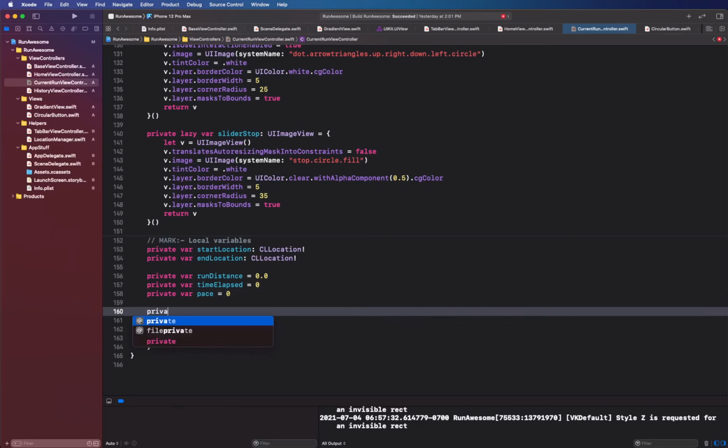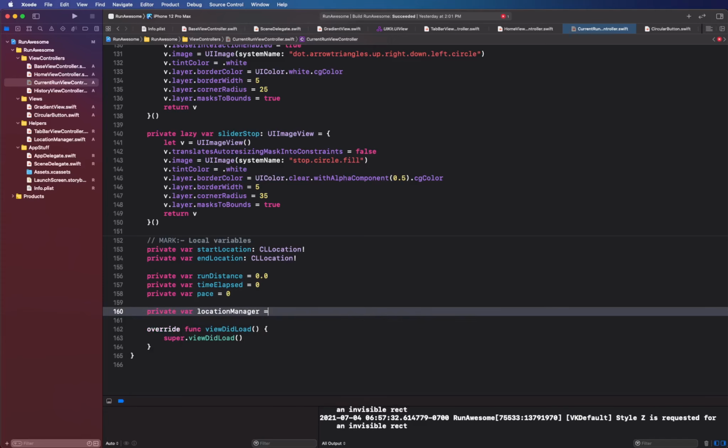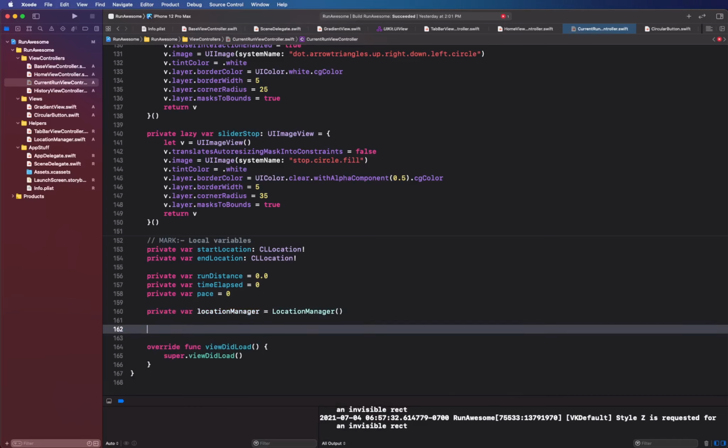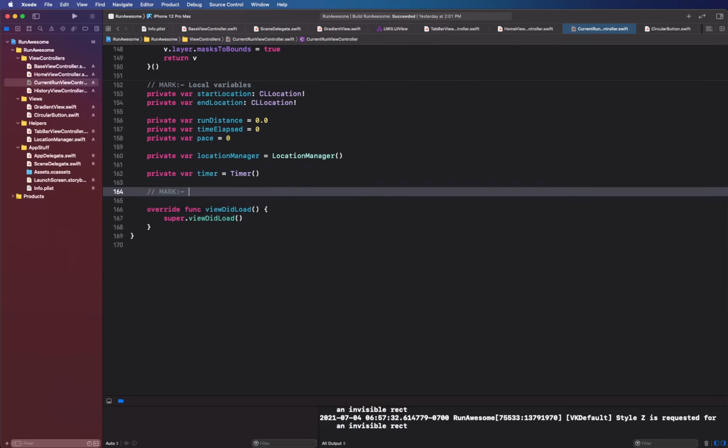Okay, we're also going to initialize our location manager, and a timer. All right, so now for the view life cycles,